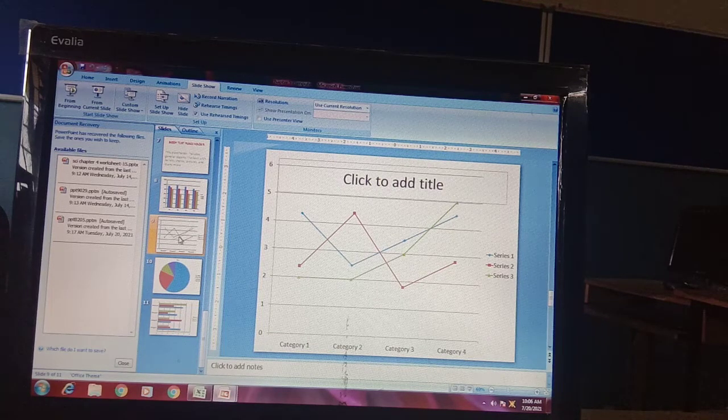So which type of chart you use depends on your data only. For example, in the match they are using the line chart for showing the comparison between the balls of 2 teams, or the runs of the 2 teams, the wickets of the 2 teams, right? So the line chart is helpful there.